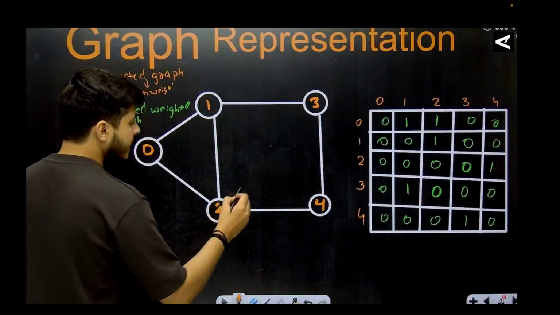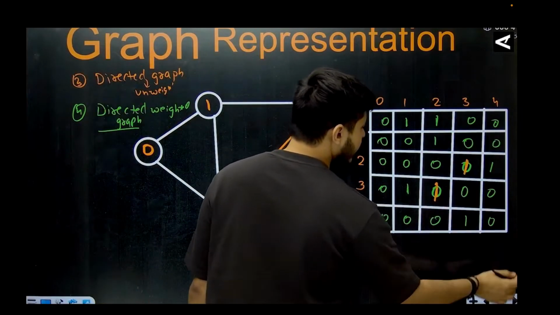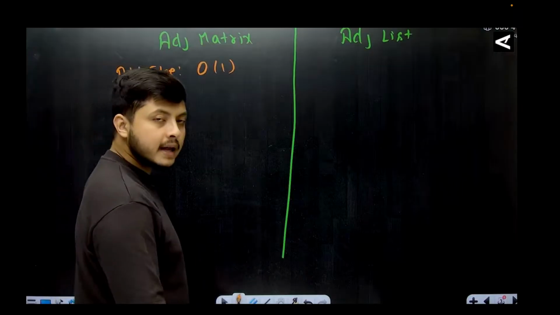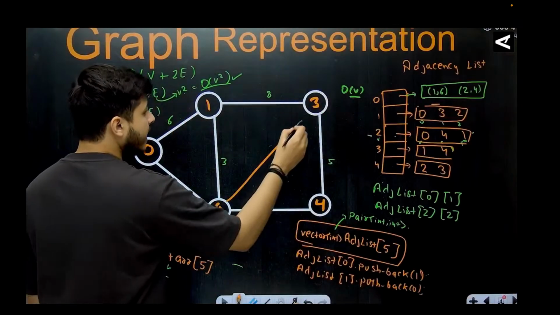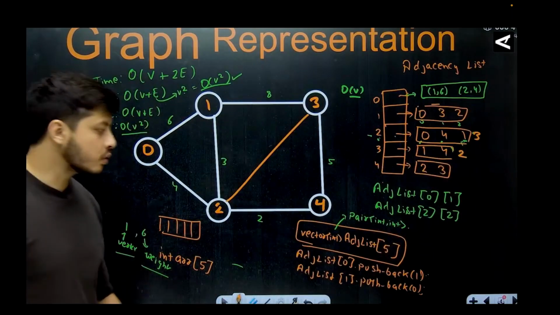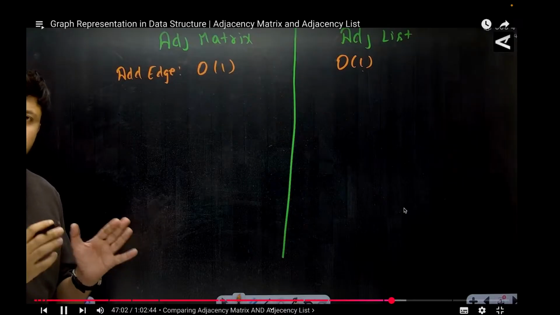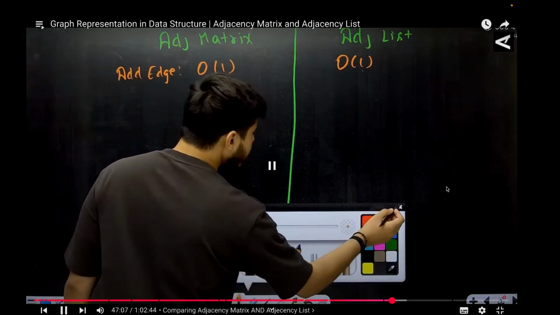मैं कह रहा हूं इस एज को ऐड करना है, कि 2 से 3 में एक एज चली गई, तो मुझे क्या करना है, 2 से 3 पे जाओ 1 बना दो, 3 से 2 पे जाओ 1 बना दो, कितना टाइम लगा, कांस्टेंट टाइम। और अगर मैं वही बात एडजेंसी लिस्ट के लिए बोलूं कि 2 से 3 एज डालनी है, तो 2 वाले पे 3 पुश बैक कर दो, 3 वाले पे 2 को पुश बैक कर दो, कांस्टेंट टाइम हो गया दोनों में। कोई इतना अच्छा खासा टाइम हमें नहीं लगा। चलो अब सेकंड पैरामीटर, अगर मैं बोलूं